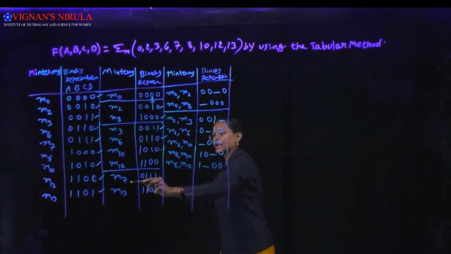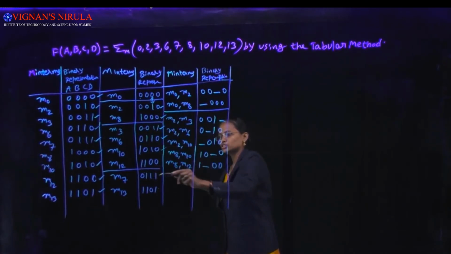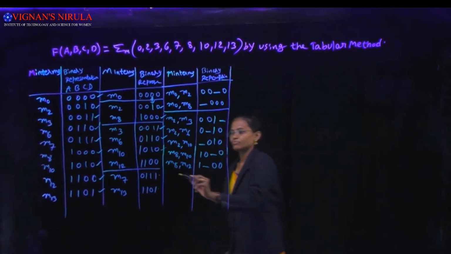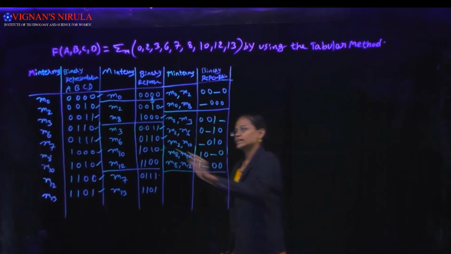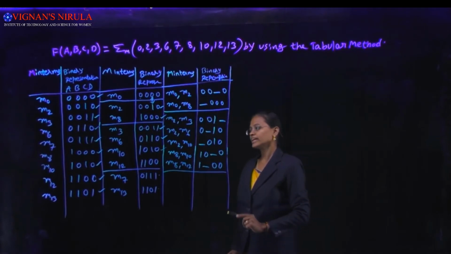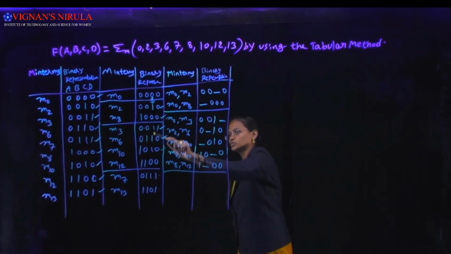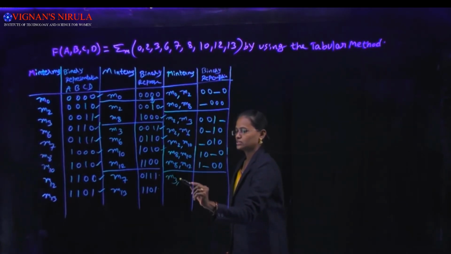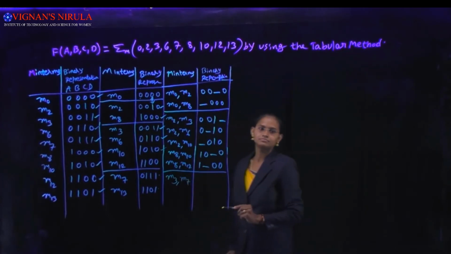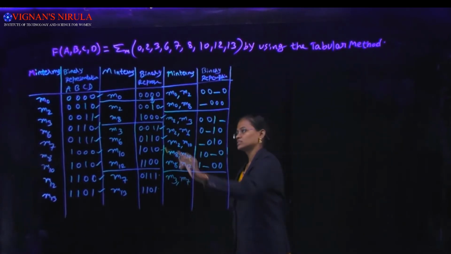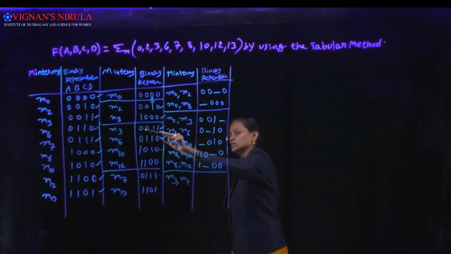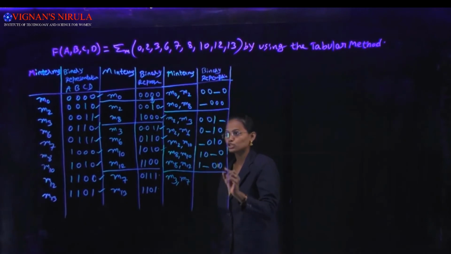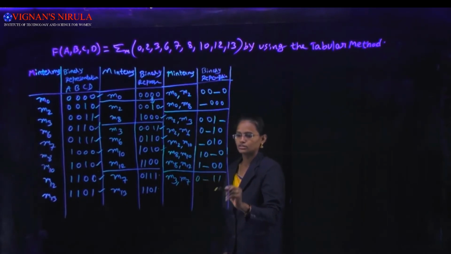And next M8 and M7, 1 0, two positions are changed, and M8 and M13, here also two positions are changed. This group is completed. And next M3 is compared with M7. Okay, M3 and M7, here 0 0 0 1. Write down that minterm M3 and M7. In M3 0 0 0 1, only the second position is changed, that is 0 dash double 1.